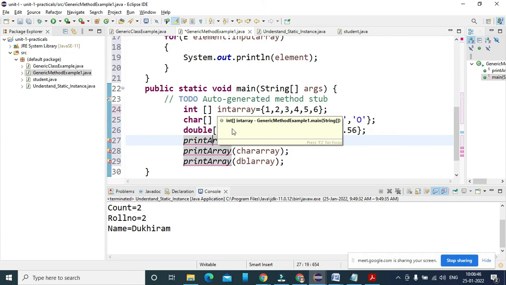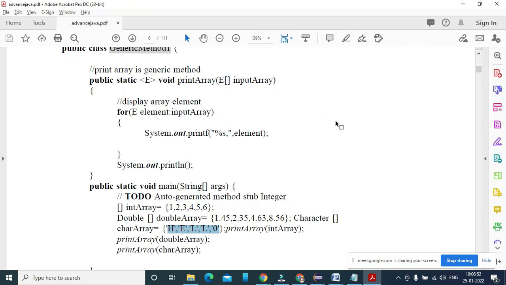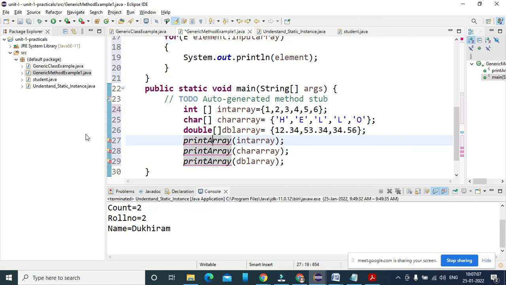Int array, char array, double array is correct. Then what is it? Print array, int array, double array. Yeah, it's correct. Why is it showing an error here? Let me check. So I am saving it.